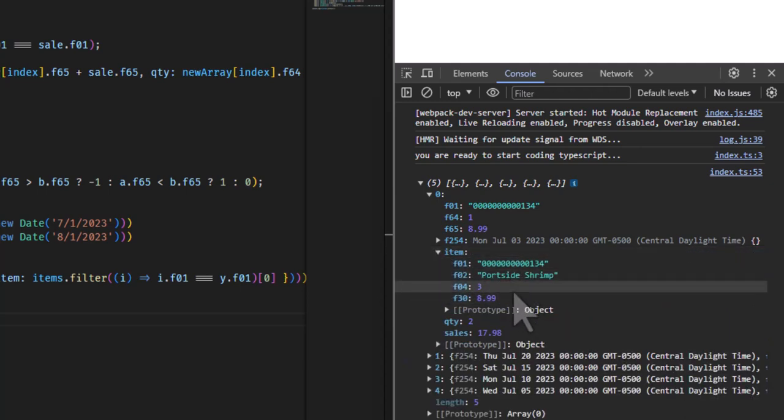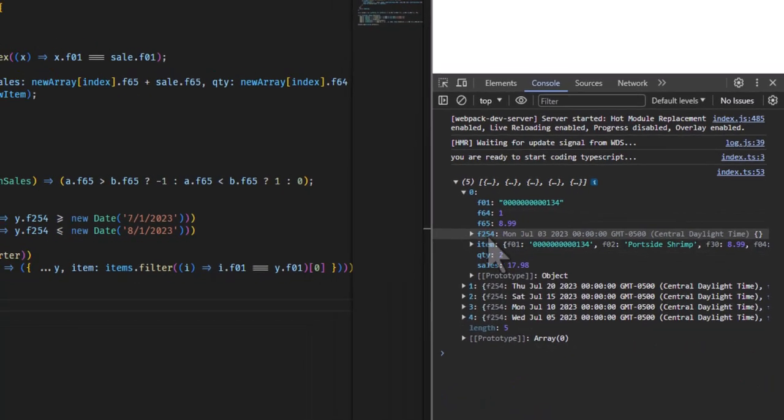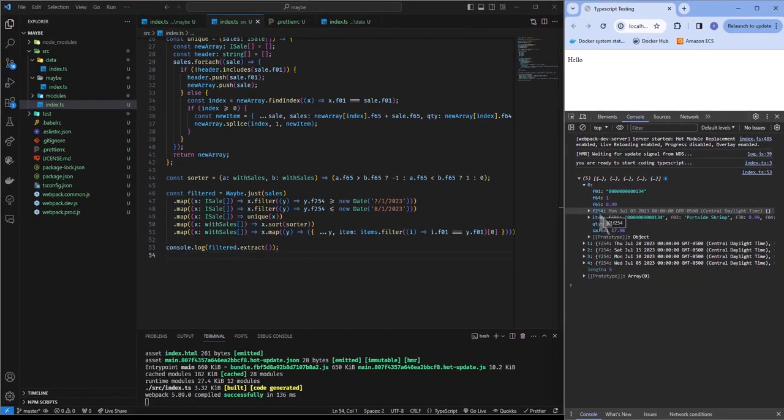We just pulled the entire item and dropped it into this JSON right here that we can use in our UI for whatever. And all because we just mapped and mapped and mapped and mapped. We use some inline functions, and then at some point we're going to get to reduce. We'll add like a total sales or something and a total quantity.